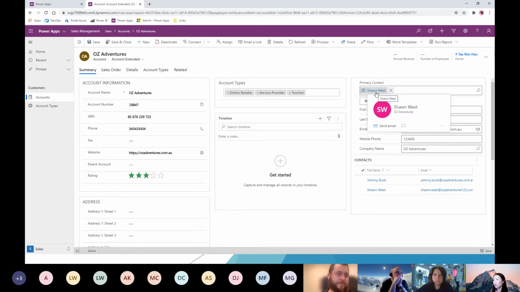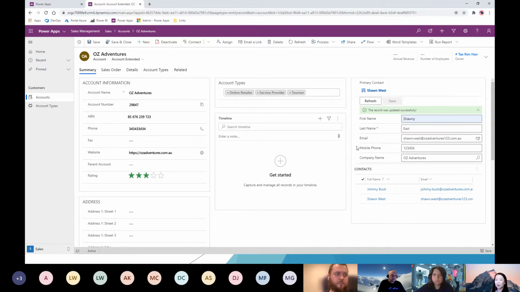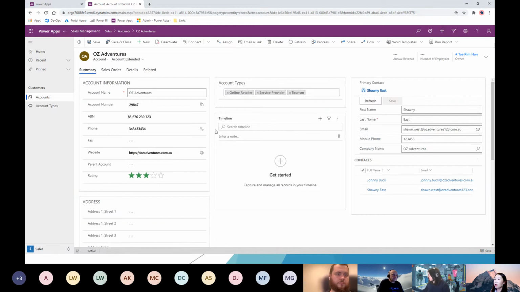For a particular lookup that I have, instead of just having that read-only view of that particular record showing up on the form, this control essentially goes and exposes those fields and makes them editable, which is really good because then you can start entering stuff. You're on the call center, and you say, it was not west, it was east. And then you go and save, and this will actually save quite successfully and on the fly, and you can refresh it and you can see this. Obviously the one sitting on the form didn't get refreshed, but you can actually make that refresh as well. So that's the second category.